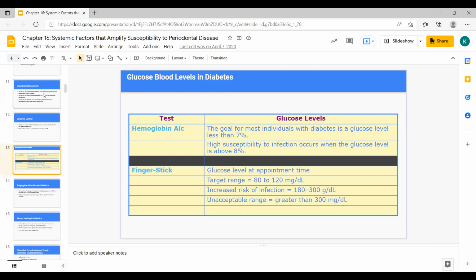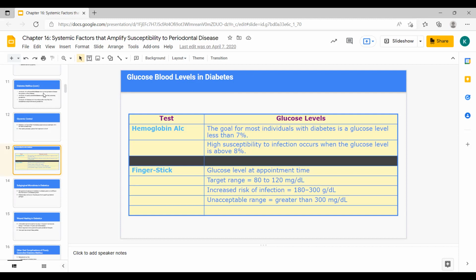Okay, so that's why it's important to understand that when we're doing periodontal scaling and root planing, periodontal surgery, our ideal level for an A1C is going to be less than 7, because if not, we are going to have a lot higher susceptibility for infection and even more poor healing than you're already going to see